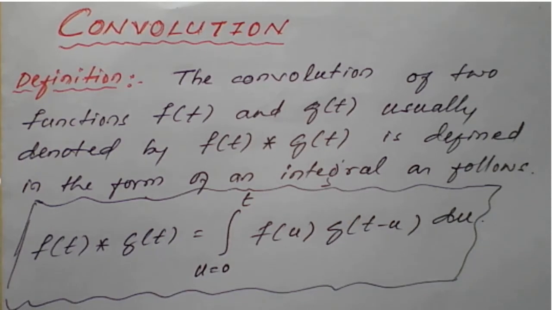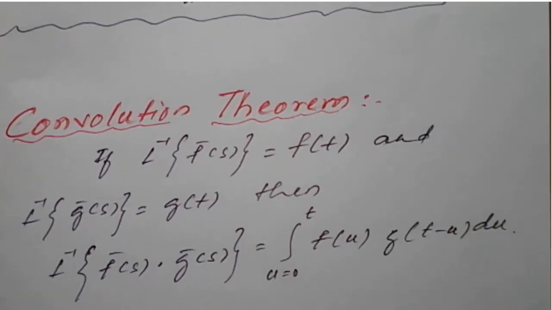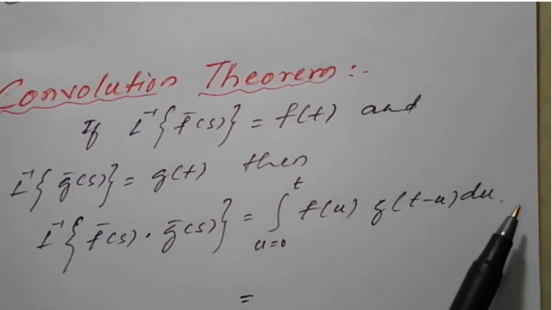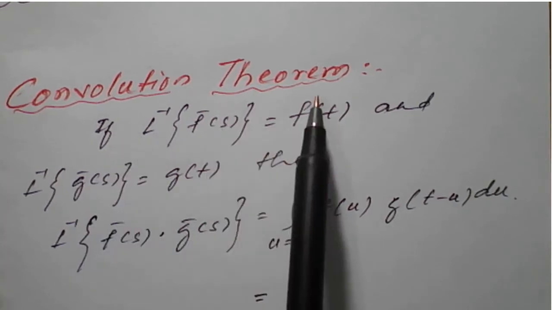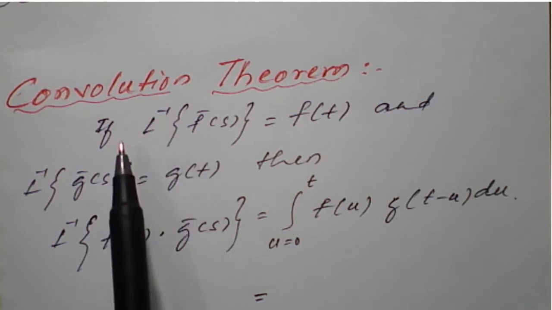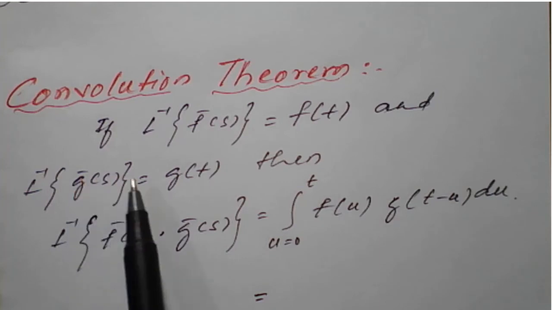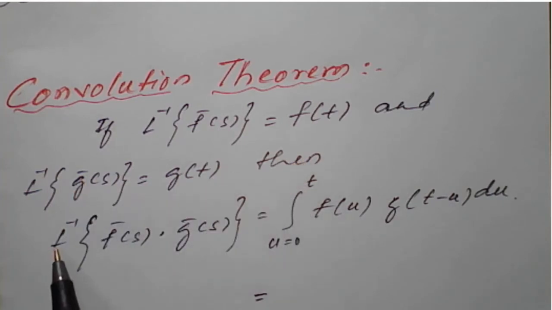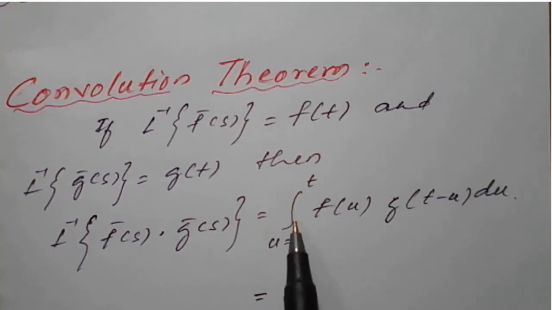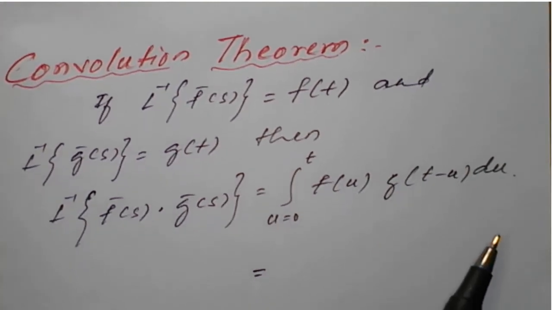So what is convolution theorem? We'll see now. The convolution theorem is given by: if inverse Laplace of f dash of s is equal to f of t and inverse Laplace of g dash of s is equal to g of t, then inverse Laplace of f dash of s into g dash of s is equal to integration u from 0 to t f of u into g of t minus u into du, or this can also be written as